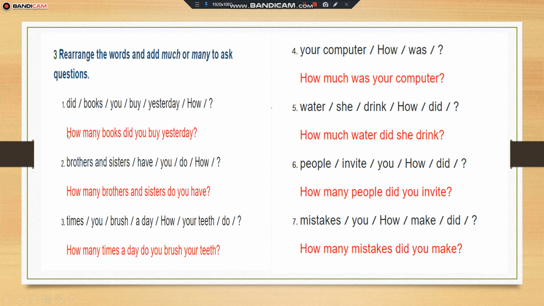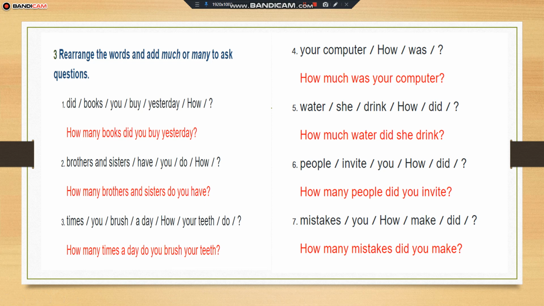Okay, for example, how. After how يا شباب, you have to put or add many or much. طبعا هنا many cause box as a countable noun. Did you buy yesterday؟ لو جينا احنا على السؤال عنا احنا how many box، هنا عنا did. طبعا السؤال بالماضي بالpast. After that subject, then base form of a verb yesterday اللي هي keywords question mark. Okay, number 2 فينا brothers and sisters، فطبيعي بدي احكي how many، لأن brothers and sisters